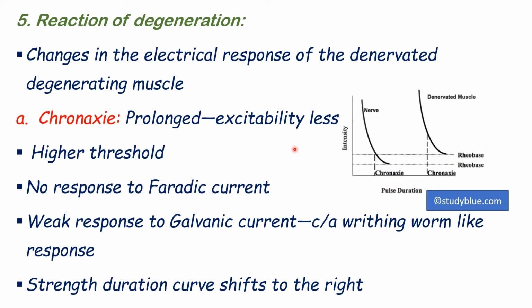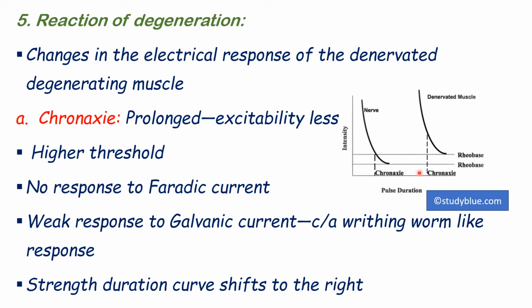We have learned from past experiences that the nerve has a smaller chronaxie. Our nerve tissues are more excitable. So here the chronaxie is different from that of the muscles. Based on this, we plot a strength duration curve.